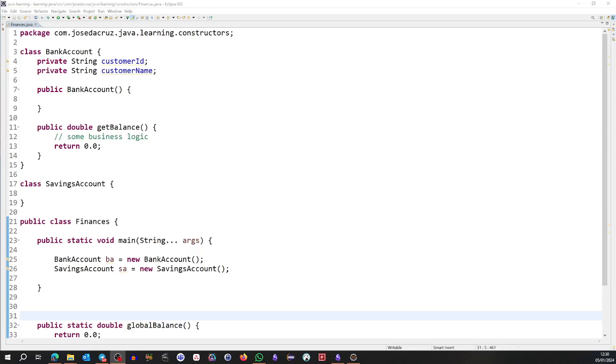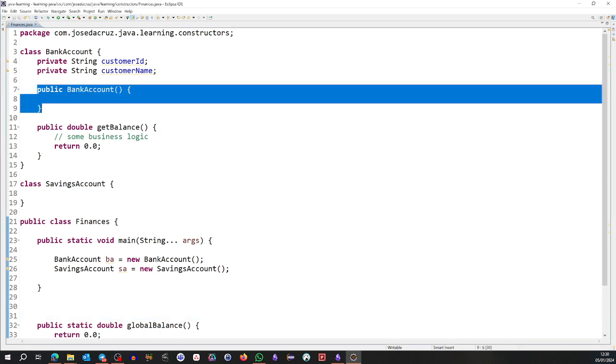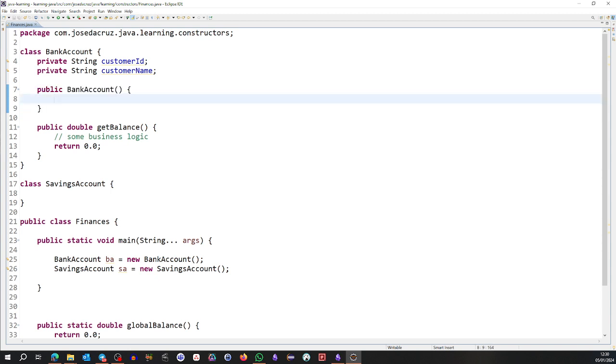Hello everybody. The last video was about default constructors, and we saw that we can write one explicitly like this: public BankAccount. It doesn't have any meaning here because you're not initializing anything, but we can write it, and sometimes it's a good practice if you have